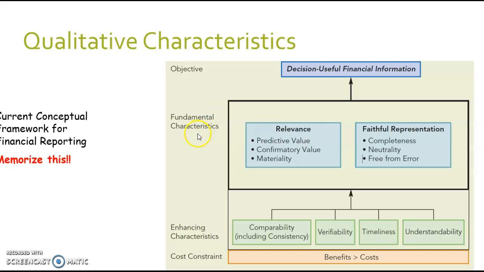And we've got fundamental characteristics, which include relevance and faithful representation, and what is included in those. We have enhancing characteristics, which include these four things, and our one cost constraint. And so we're going to go through these, and then we'll also go through some of the other things that bear mentioning from the other